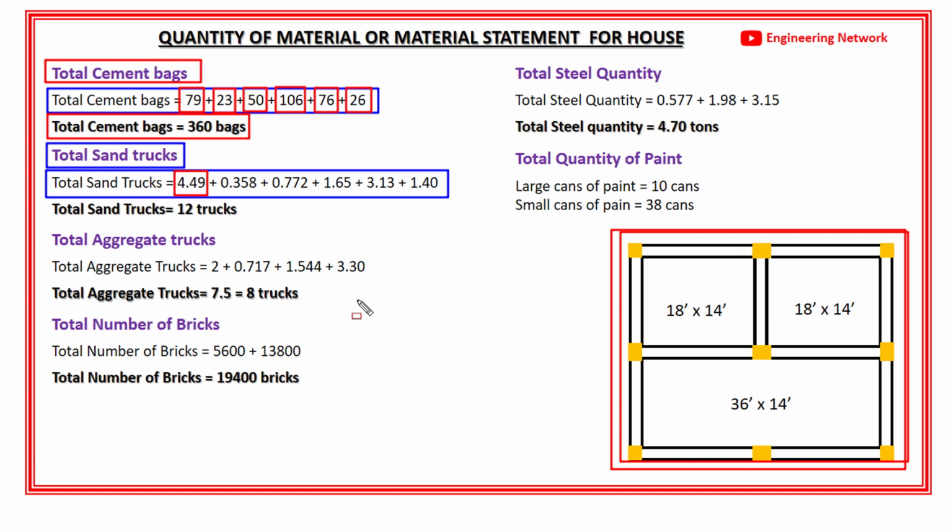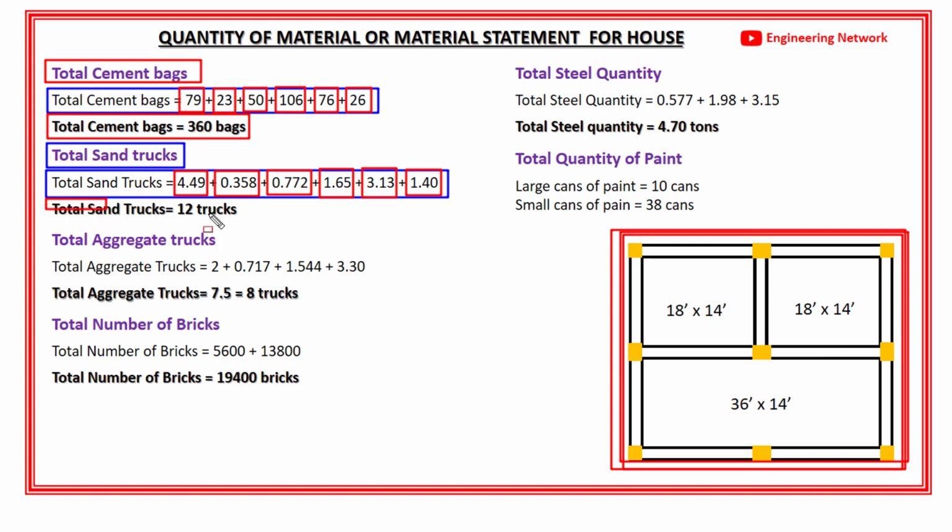plus number of sand trucks in columns, which is 0.358 sand trucks, plus number of sand trucks in beams, which is 0.772 sand trucks, plus number of sand trucks in slab, which is 1.65 sand trucks, plus number of sand trucks in mortar for brickwork in superstructure, which is 3.13 sand trucks, plus number of sand trucks in plaster, which is 1.40 sand trucks. Okay. And after the calculations, the total number of sand trucks used in the construction of this house is 12